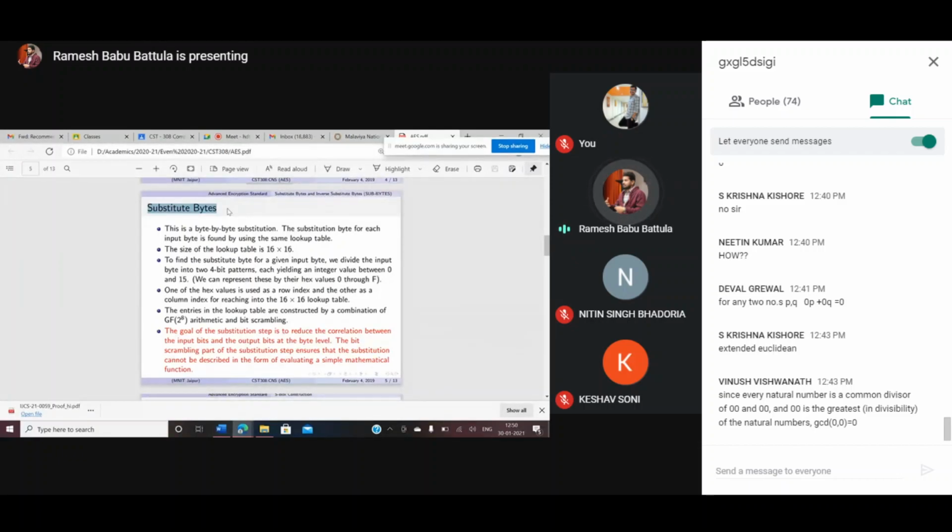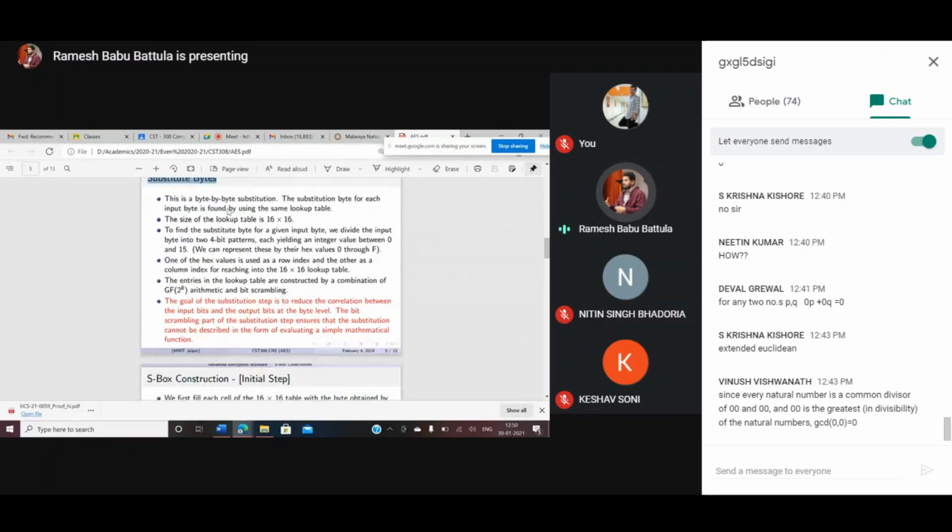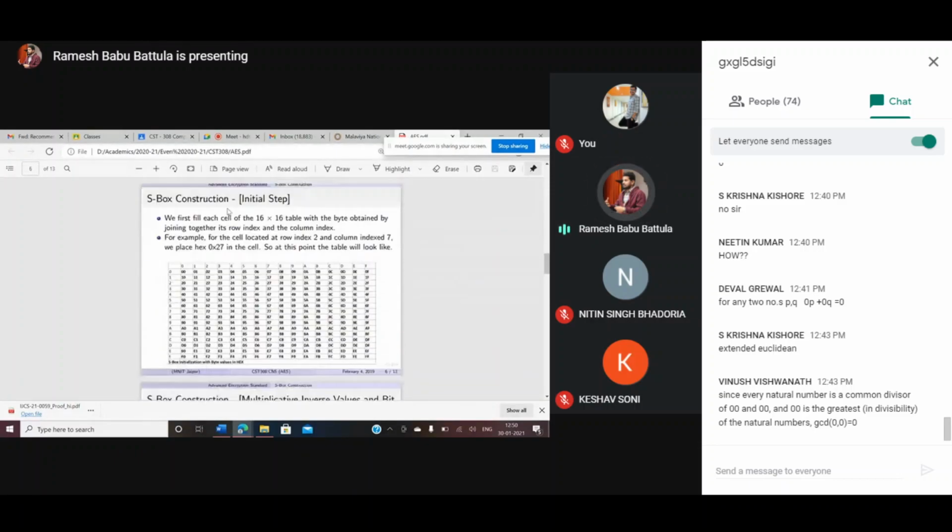So our goal is how we are going to construct this S box for the AES algorithm. Here we have 2 S boxes. For encryption you have 1 S box, and for decryption you have another S box. But the construction depends on the same procedure, with only a little change for the initial inverse in the inverse S box and the normal S box.